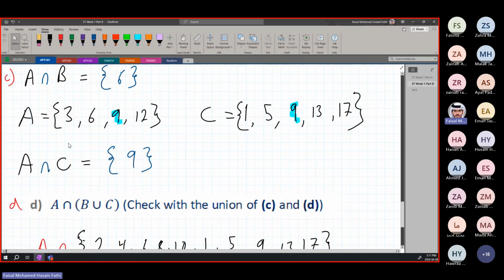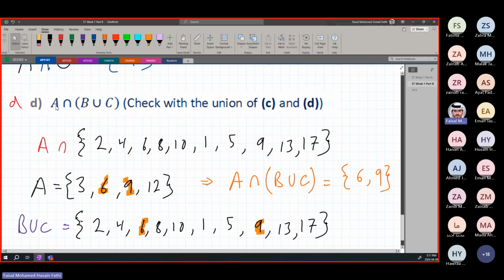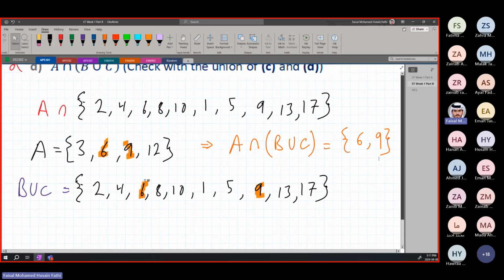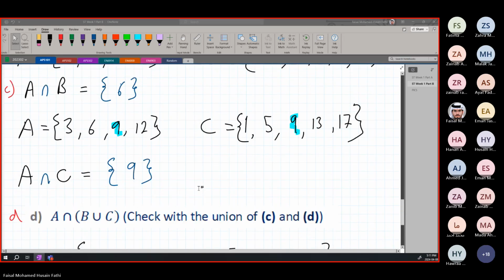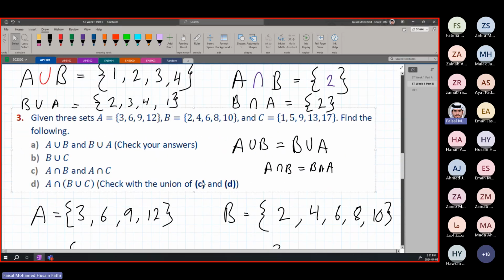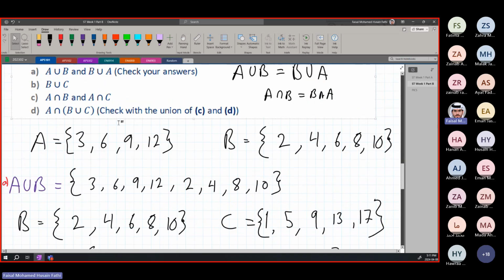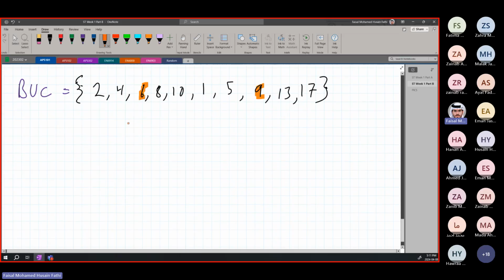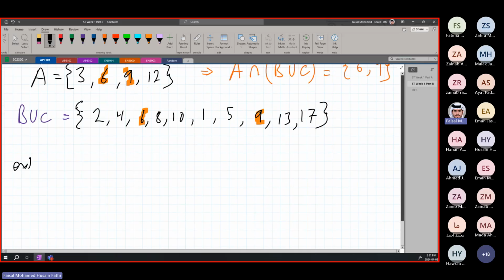All right. Again, B union C is what's in parentheses. We're going to do that first, which we did earlier in part B. And then the intersection will be A intersection all of the new set that has been found from B union C. And then you're just going to compare each set. It's very straightforward and very easy. Now, there is one more question I want to add to this, even though it's not here. The intersection between B and C. All right. I want us to solve an extra question.